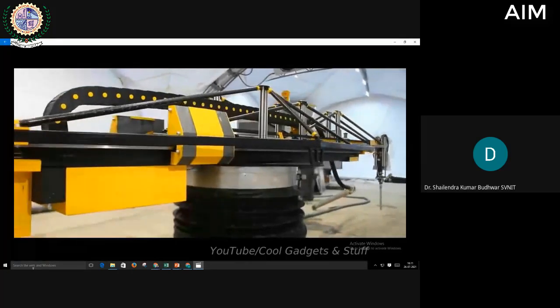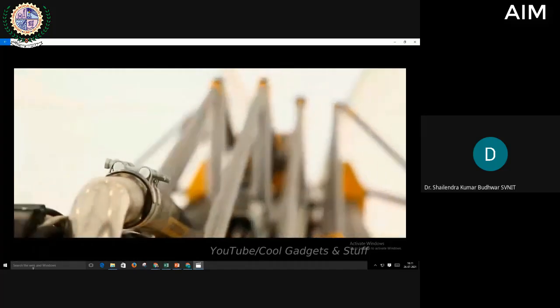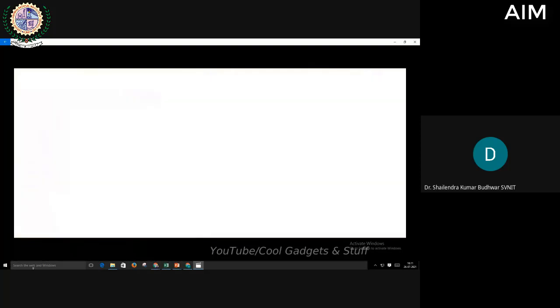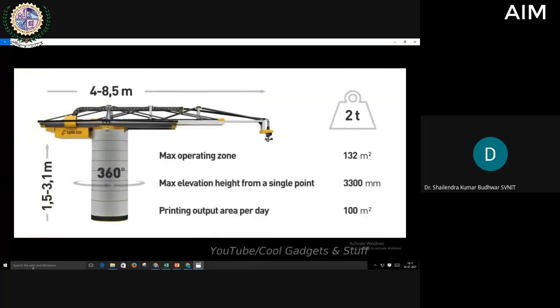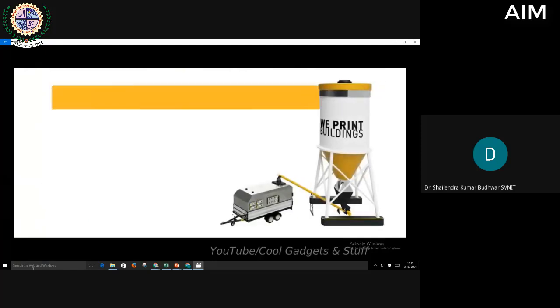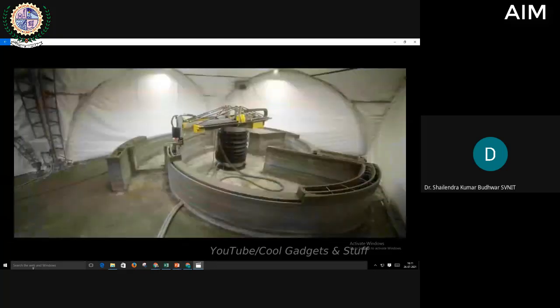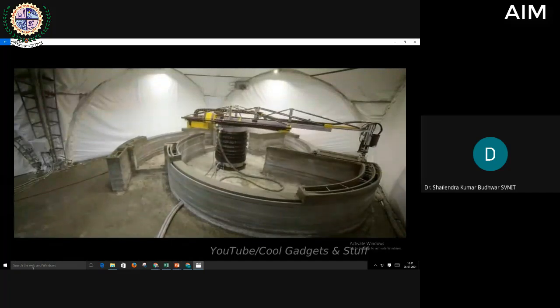With the advent of APIsCore technology, construction 3D printing opens a new round of evolution thanks to the innovative design of the printer. APIsCore technology consists of a mobile construction 3D printer and automatic mix and supply unit, which combine to make the construction printing process as automated as possible and almost eliminate the human factor. This equipment is unique and has no analogs in the world today.